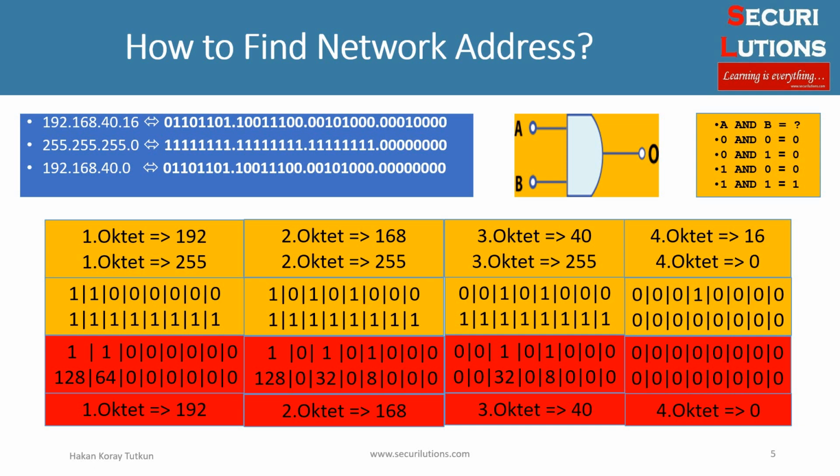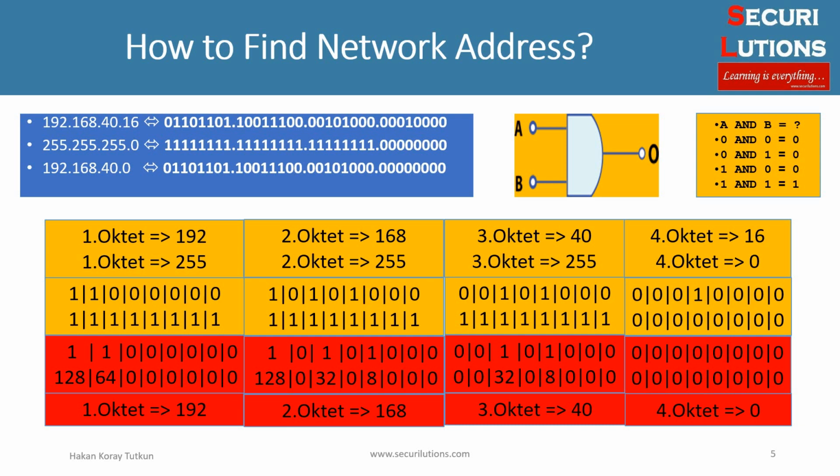For calculating the second octet of the network address, 1 and 1 is 1, 0 and 1 is 0, 1 and 1 is 1, 0 and 1 is 0, 1 and 1 is 1, 0 and 1 is 0, 0 and 1 is 0, 0 and 1 is 0. Now we have 1, 0, 1, 0, 1, 0, 0, 0, which is the binary number of the second octet of the network address. To find the decimal equivalent, 128 plus 0 plus 32 plus 0 plus 8 plus 0 plus 0 plus 0